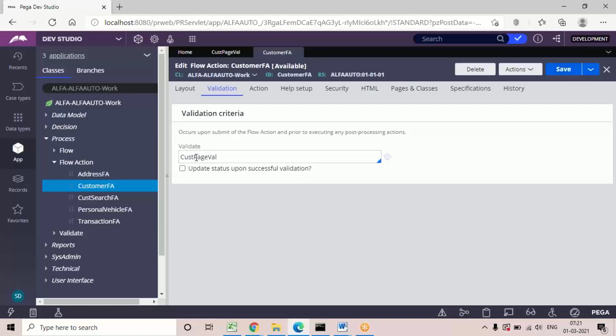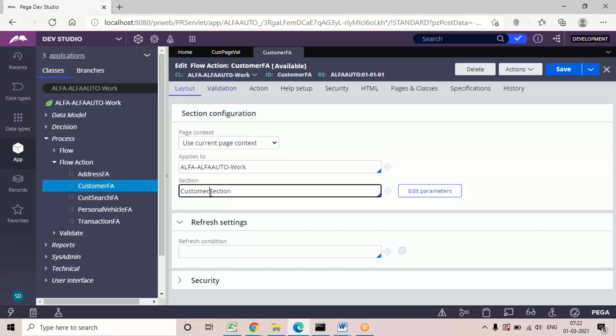Like that, in whichever design you are going to give the condition. Now in this one we already have the section, right? So it will read the input given for the properties and apply this validation. Make sure you save the flaction after giving the condition.